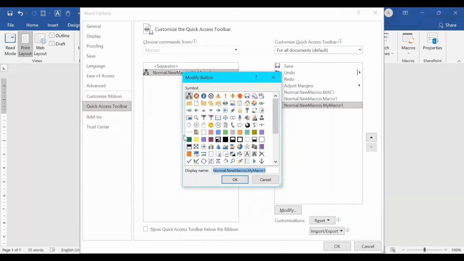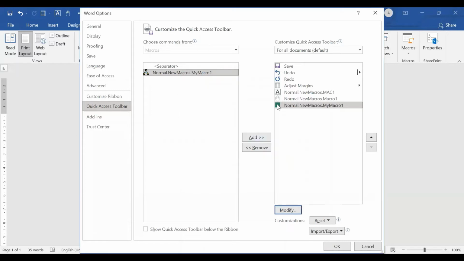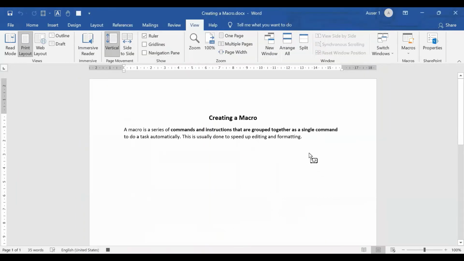Let's say I am selecting this one, the green. Now click OK. Now you can see the image along with the macro name, My Macro 1, has come over here. Now click OK and your recording has started.